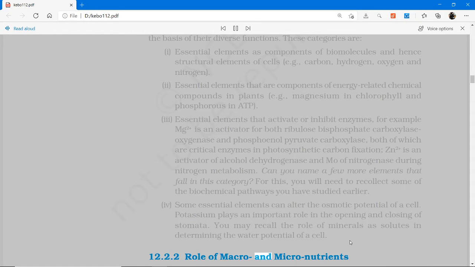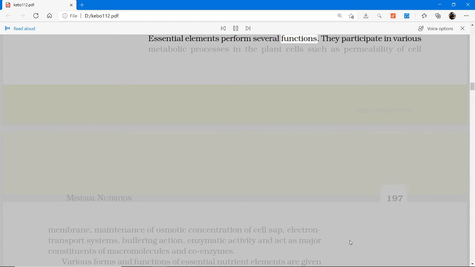12.2.2 Role of macro and micronutrients. Essential elements perform several functions. They participate in various metabolic processes in the plant cells such as permeability of cell